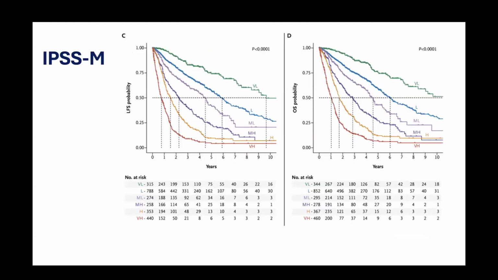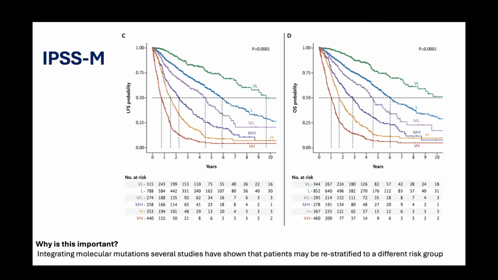The IPSS-R, which was the test we were using before, created 5 risk groups, and this test has 6 risk groups. So it's basically made it a little bit more refined, but sometimes molecular mutations or patients who would have been scored in one risk group have actually either moved into a higher risk or lower risk category based on the genes we saw. So one really important thing they saw was, for example, if you have a mutation in TP53, which is often a bad player in MDS, that automatically worsened prognosis.